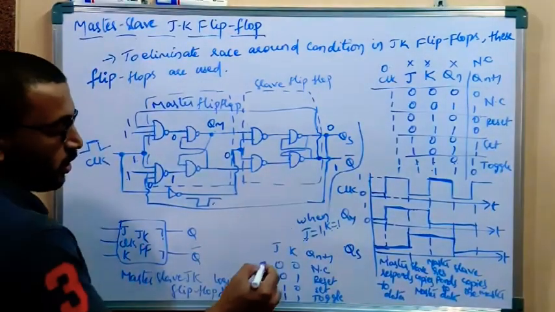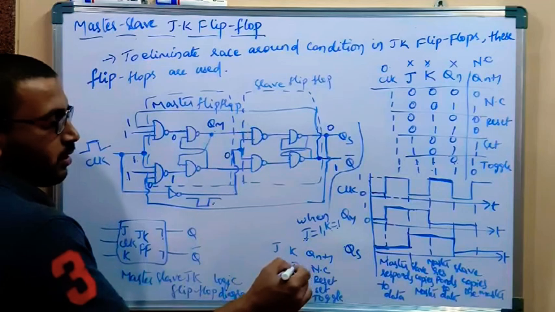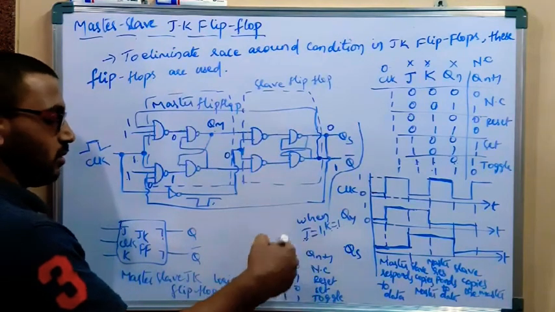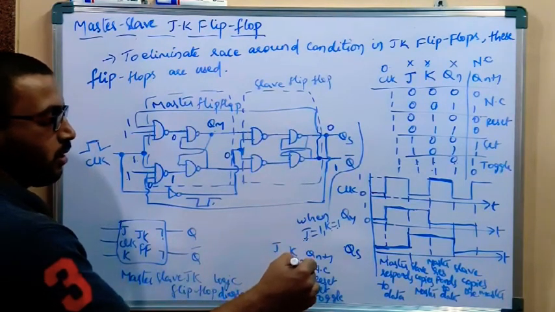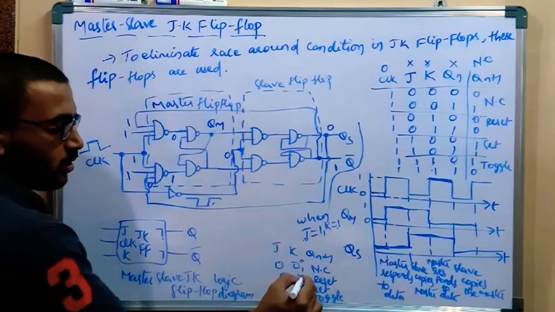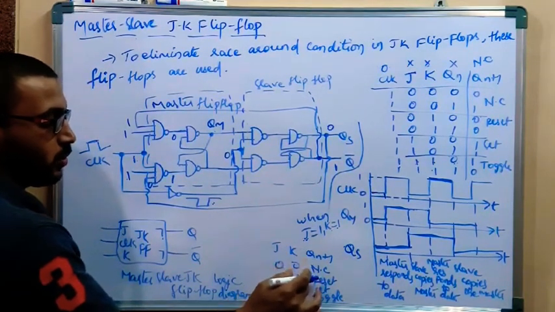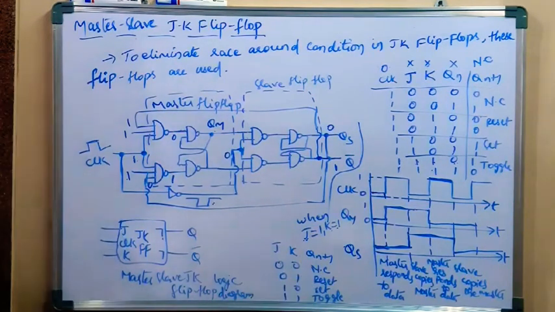The meaning of this is, when clock is present and input J is 0, K is 0, the past output is not shown here. The past output we have to assume either 0 or 1, right? Here also the past output is 0 or 1, we have to assume. So in some textbooks, the truth table is determined like this, and in some textbooks, it will be determined like this.